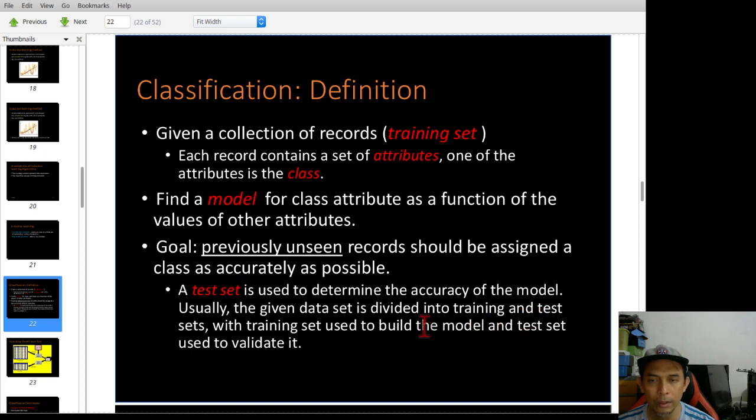You have yet to assign a class to each record in the testing set. You can use the testing set to determine the accuracy of the model, and you can use it for validation as well. That is how you split the training and testing set.